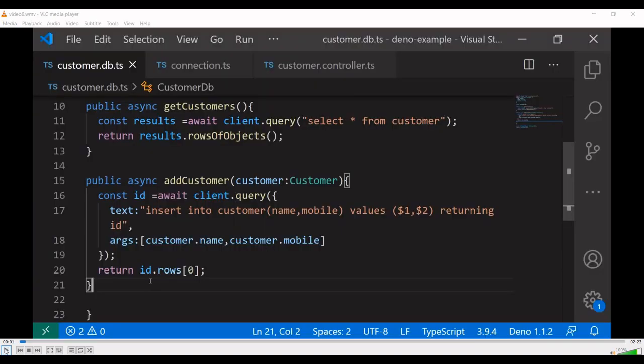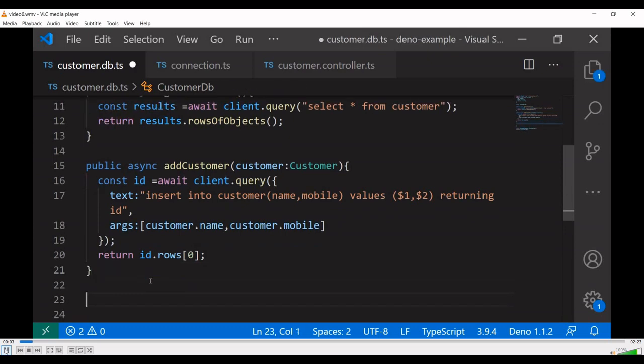Next, we can create the select statement with condition and the update method. Public asynchronous get customer, argument is ID, number.